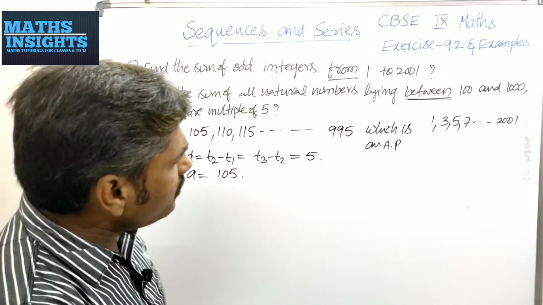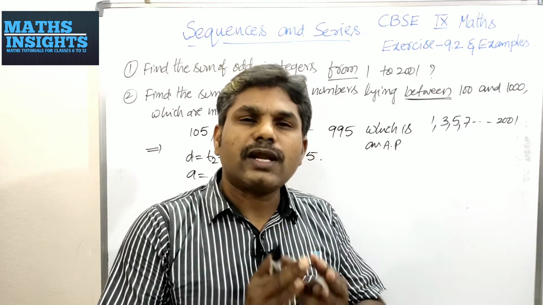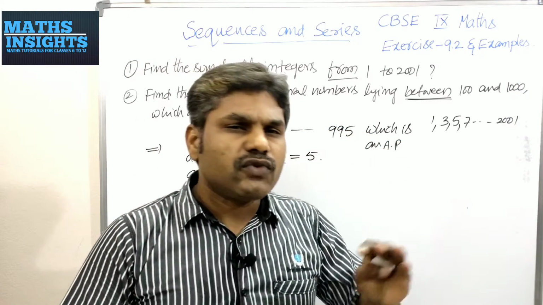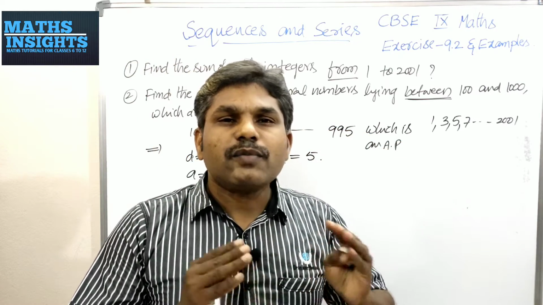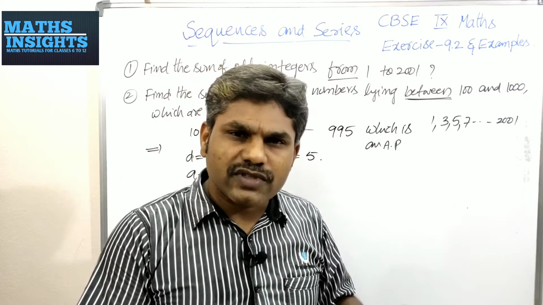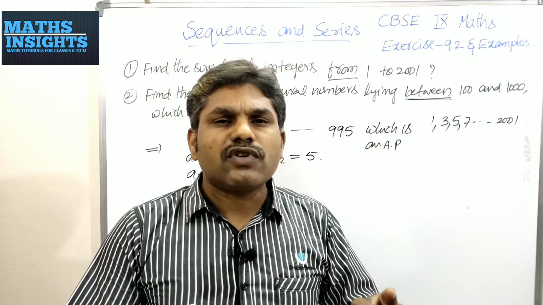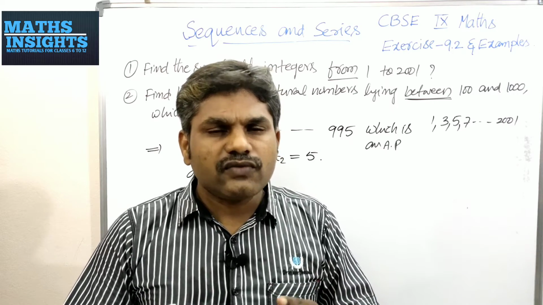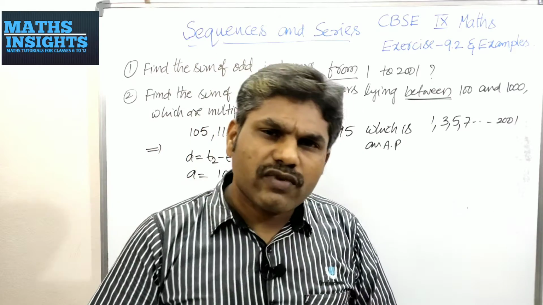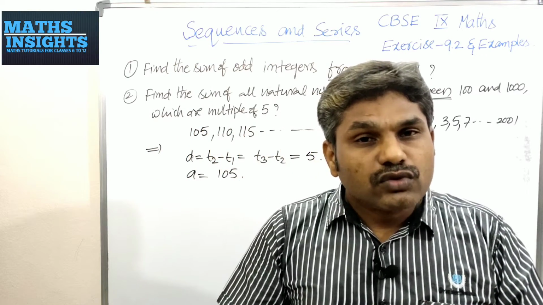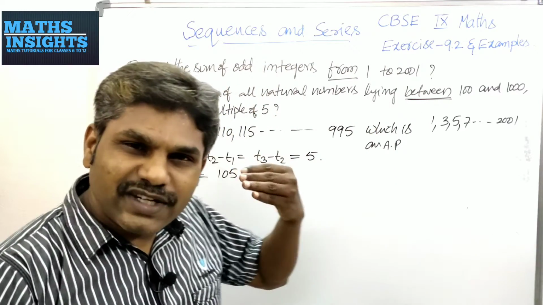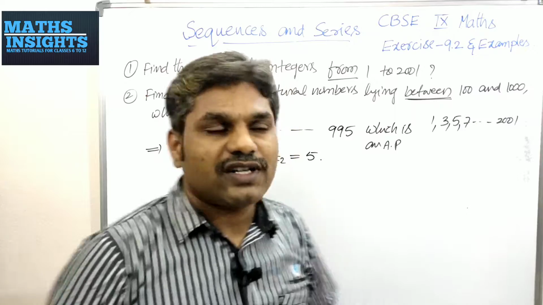Okay, now our aim is to find the number of terms. You don't know how many terms are there. If you know the term number, then it's very easy. If there are 10 terms, then you will find the sum of the first 10 terms. If you know that there are 100 terms, you will find the sum of the first 100 terms. So you have to find how many terms are there in this arithmetic progression, then the problem is over.